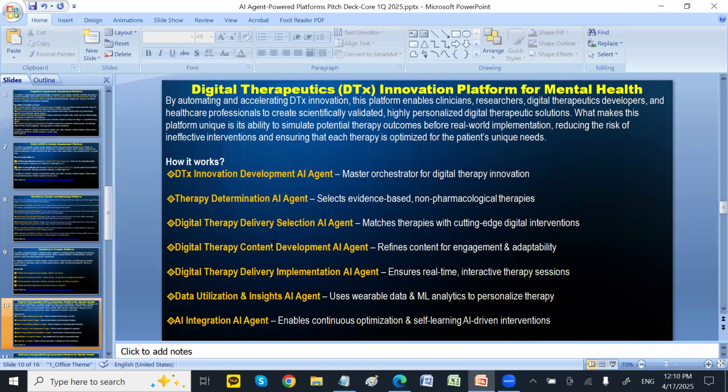I made it into a very clearly understandable framework, and then I tried to make it an AI agent. An AI agent has cognition and perception, can understand, has memory, and can self-learn. Each individual AI agent can perform a specific purpose.